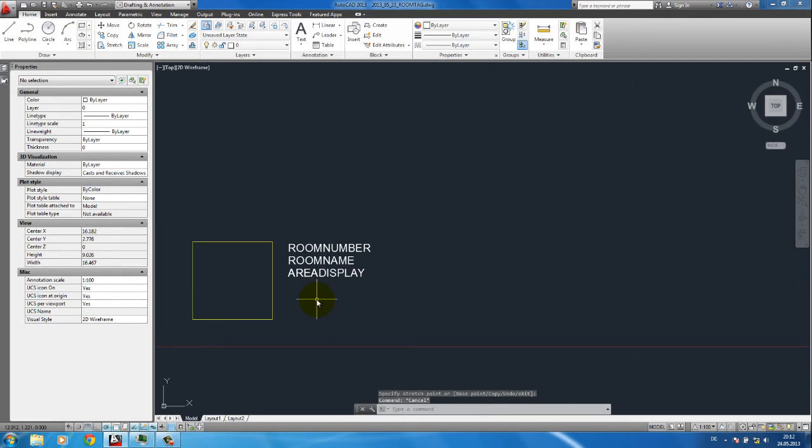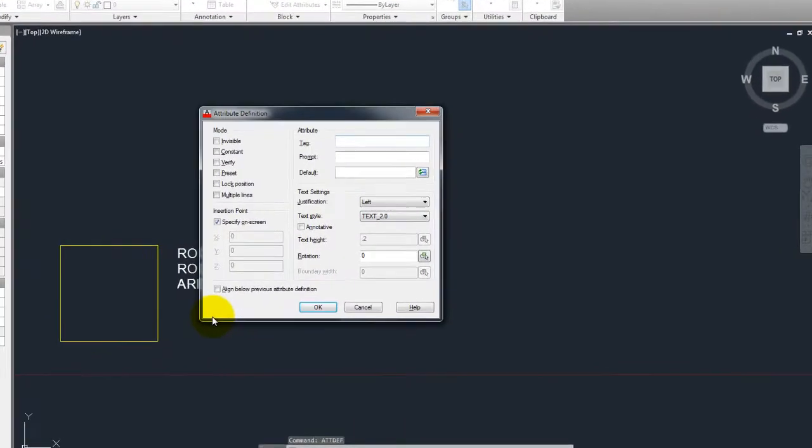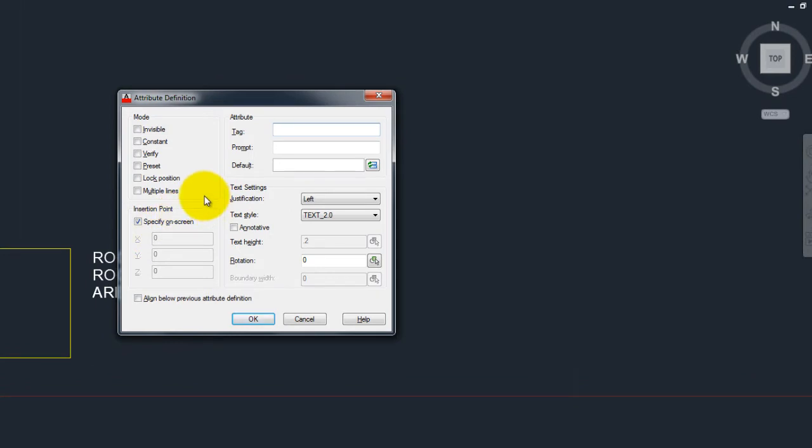I will do now exactly the same with the perimeter. So I enter addDef again in the command line. As a tag, I use perimeter display. Default value, I will use the letter P equals,